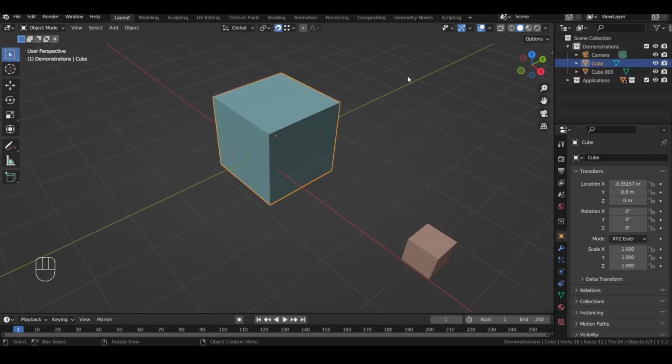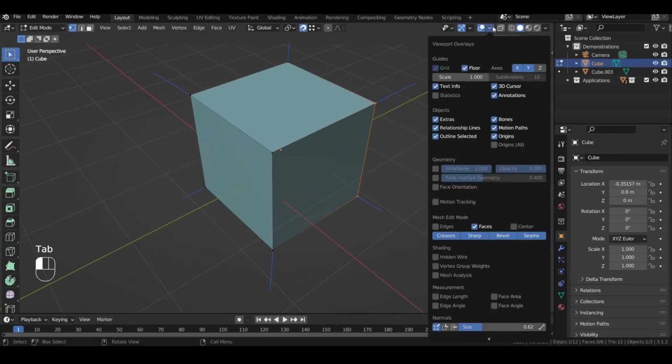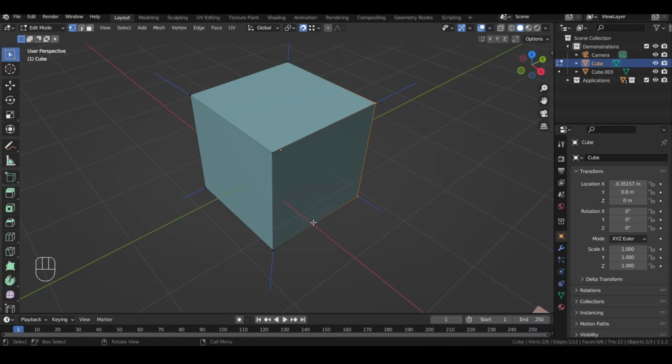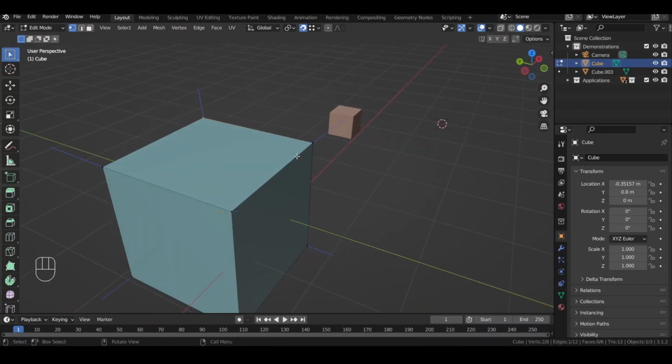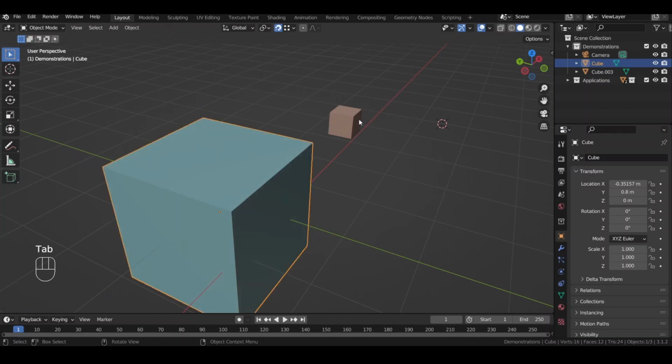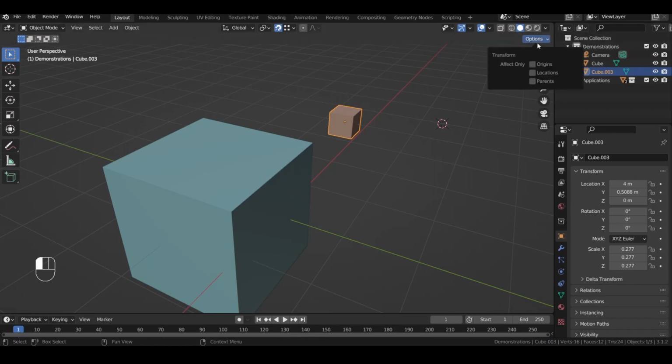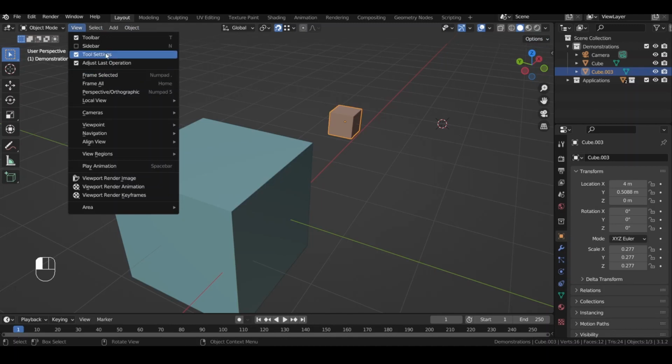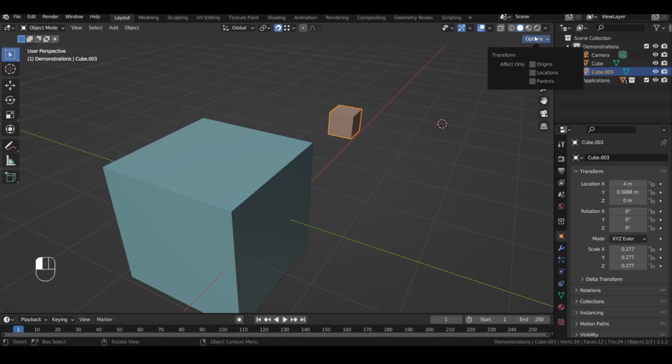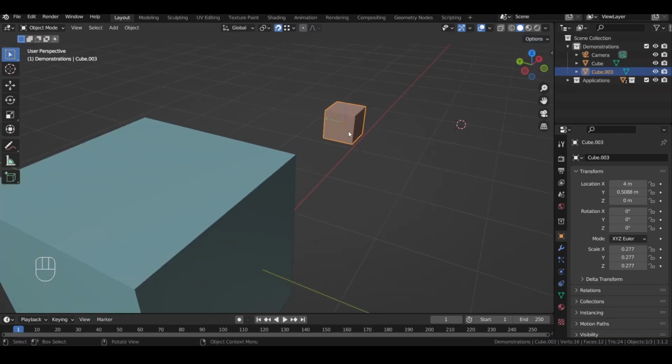So in this case, if we go to edit mode, and I've turned on vertex normal over here, you could see that the vertex normal is pointing that way, right? In that general direction. And if you go to our snap element and go to options, and if you don't see options over here, you can go to view and turn on tool settings. And so if you go to options, turn on